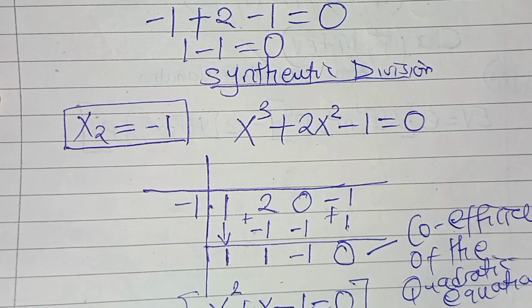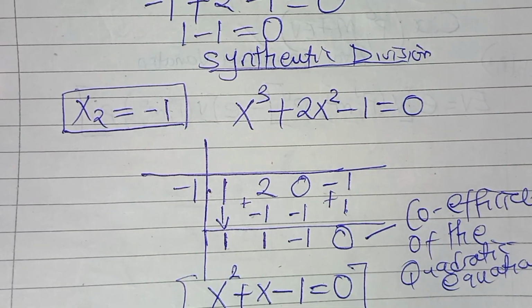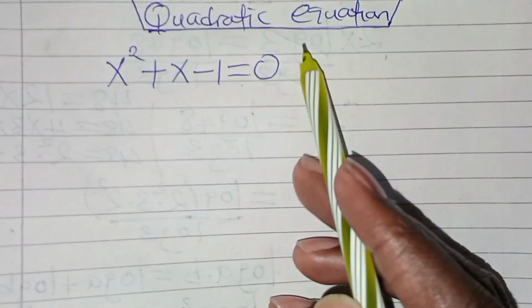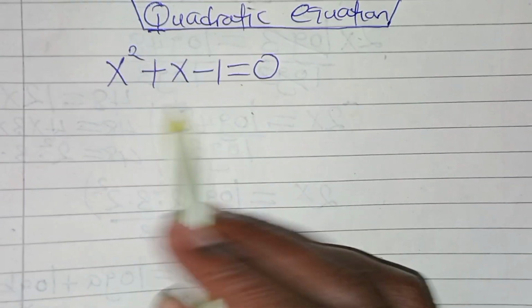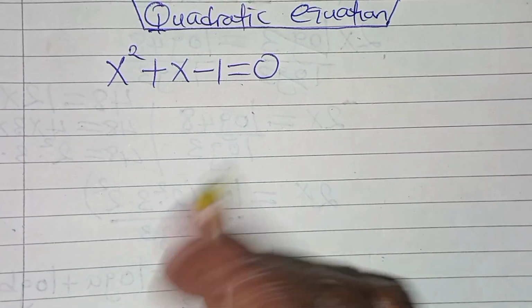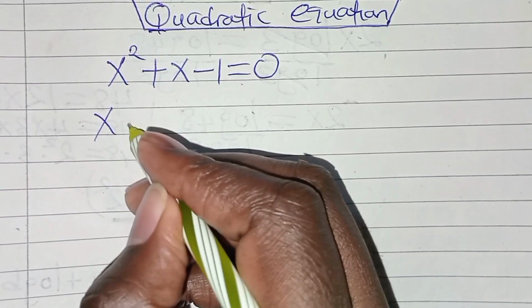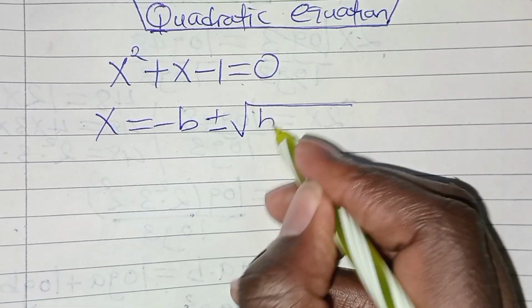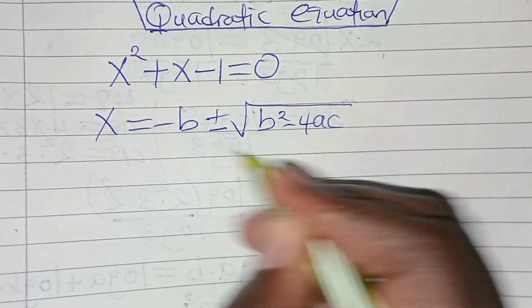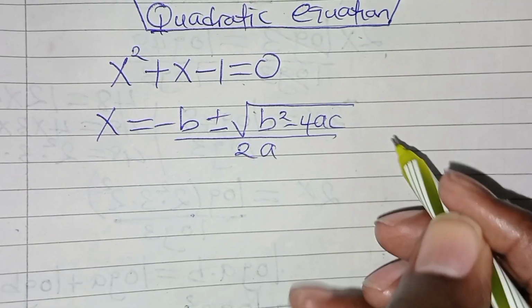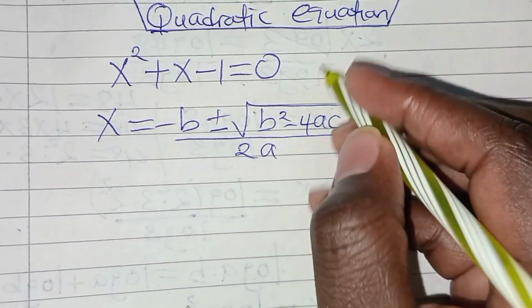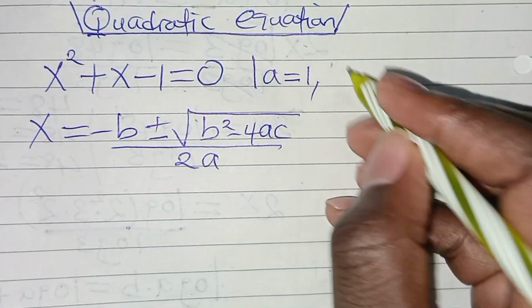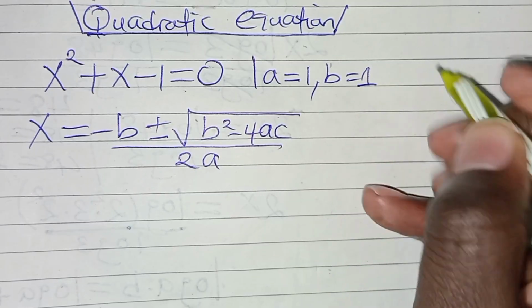So let's solve this quadratic equation, x squared plus x minus 1 equal to 0. To solve it, let's apply the quadratic formula, which is negative b plus or minus the square root of b squared minus 4ac, all divided by 2a. From the quadratic equation, we have a equal to 1, b equal to 1, and